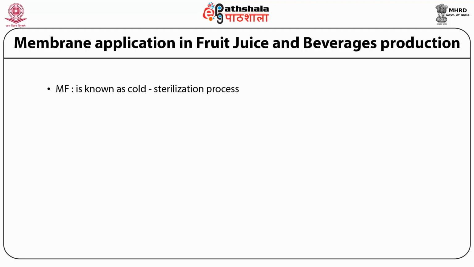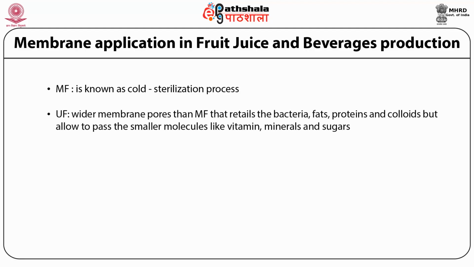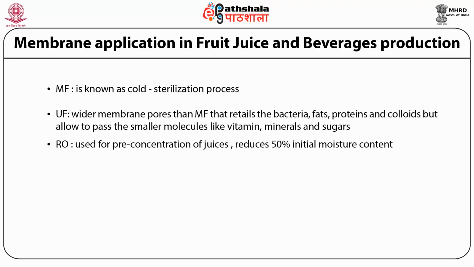UF membrane is the alternative to the fining step used in the classical method. It has wider membrane pores than MF, yet retains the bacteria, fats, proteins, and colloids, but allows the smaller molecules like vitamins, minerals, and sugars to pass. Prior to the UF process, both pre-treatment and enzyme treatment of the juice are essential for better yield, high capacity, and excellent product quality. Juice is first concentrated in RO, which decreases the moisture content to half its value